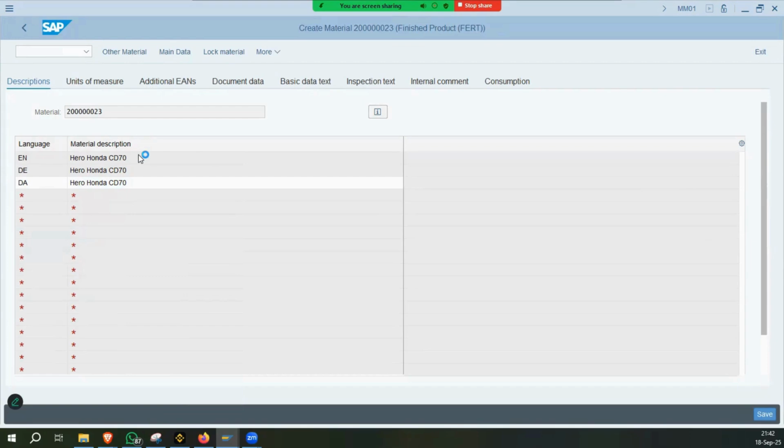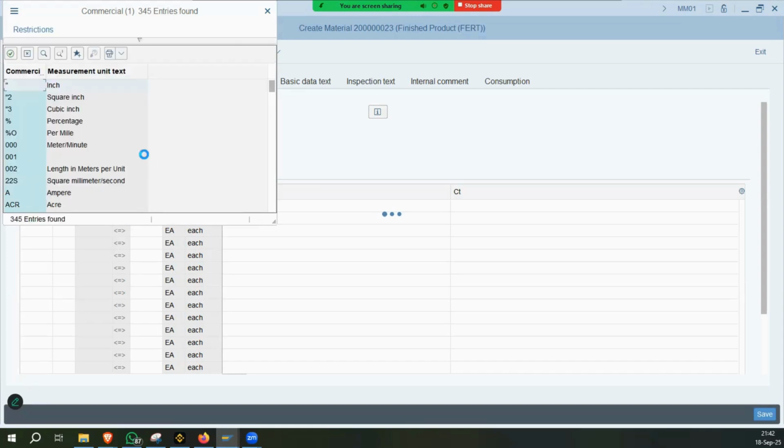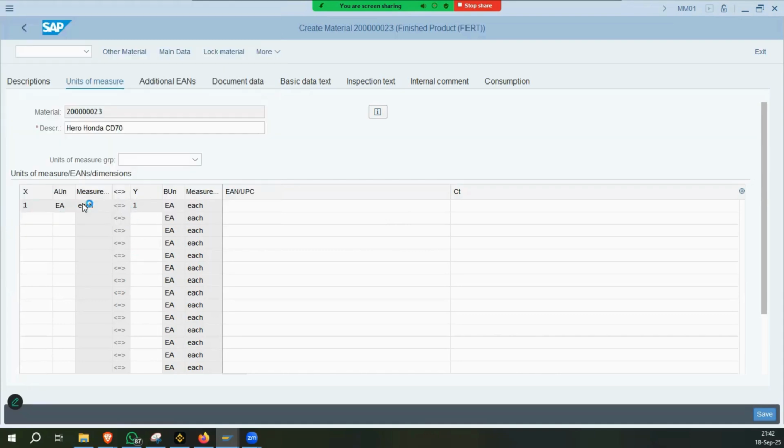Units of measure. Now, units of measure are each. There can be other units of measure as well, like gallon, liter, mass, kilograms, tons, each, joules, miles, percentages, amperes. So these can be selected as well. Since this is a tangible product, it can be counted, so it will be each. So this is the conversion: base unit of measure and alternative unit of measure. So we can maintain this also. Rest, of course,